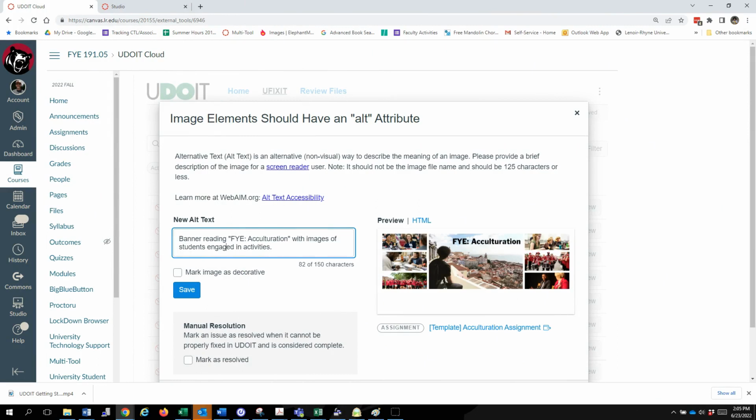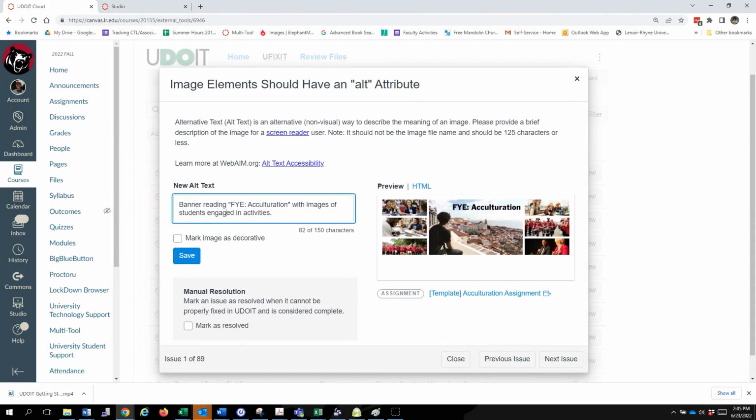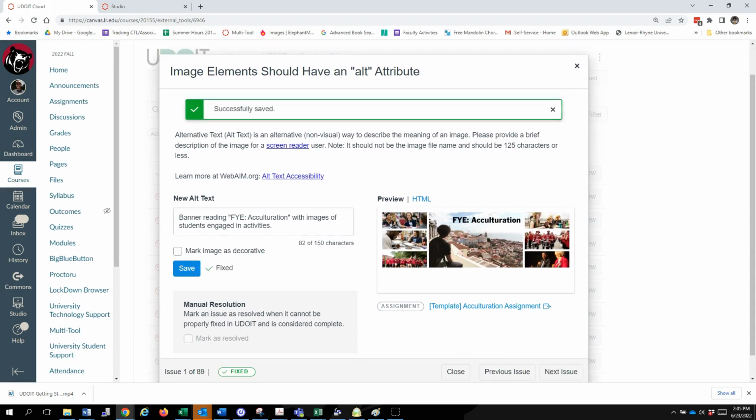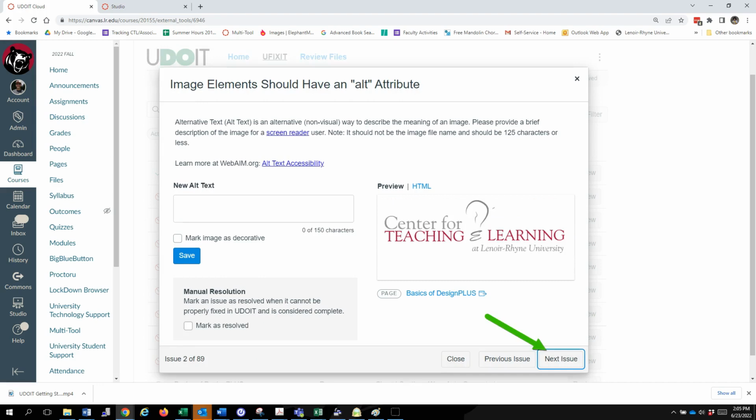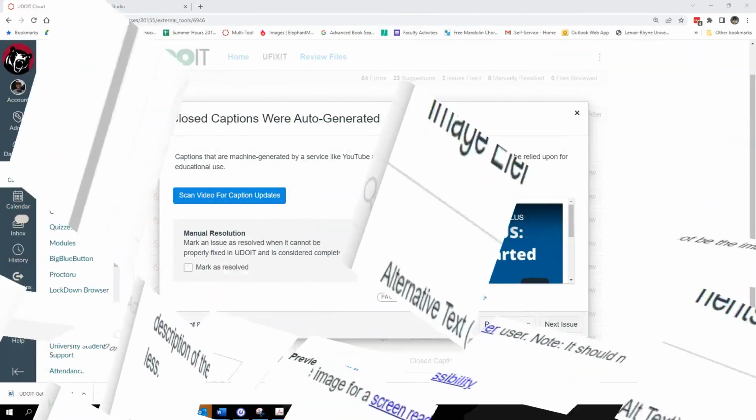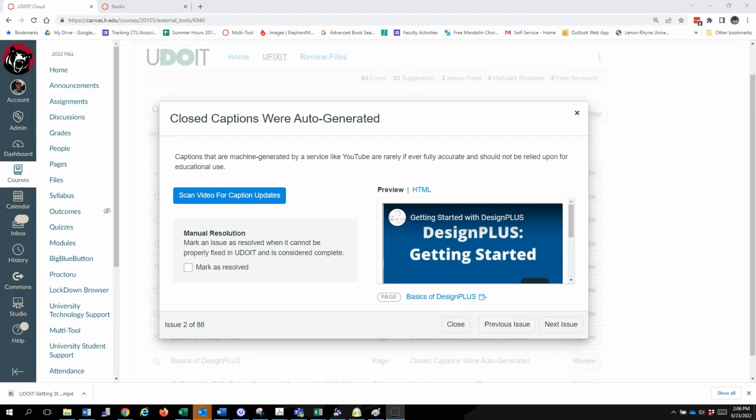You can see that I've now given an alternative text tag for this particular image. I can then click Save. And you'll see it is successfully saved. The issue has been fixed, and then I can click on to the next issue. Again, I have no alternative text, so I can do the same thing. So I have updated some of my alt text tabs, and I've continued to click next issue, and now I've